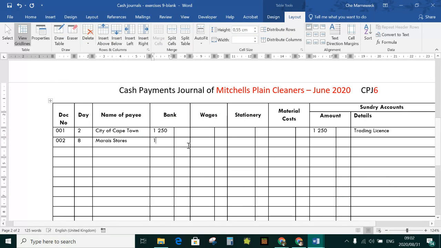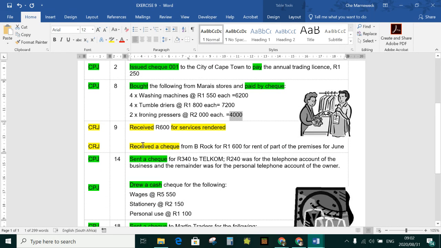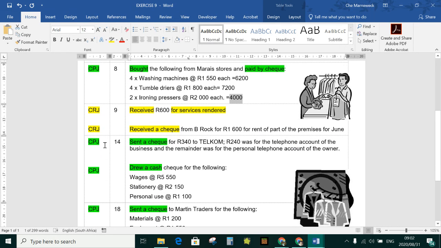That's the total amount going out of our bank account, 17,400. What have we purchased? We have purchased equipment. Does equipment have its own column? It does not, so it goes to sundry, 17,400 equipment. We can insert our next check number, then have a look, and the next day is day 14, and we